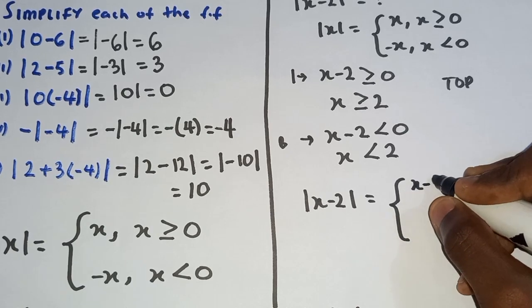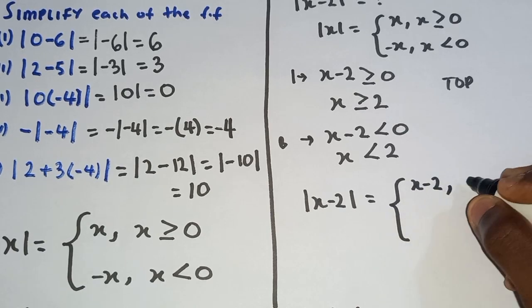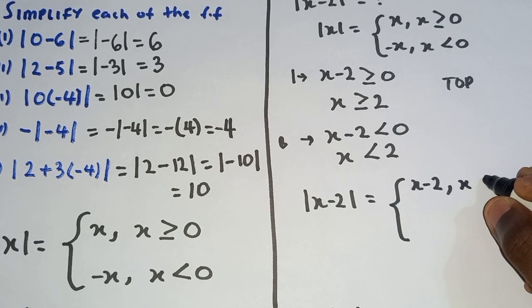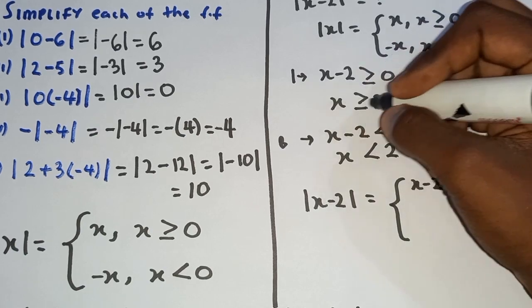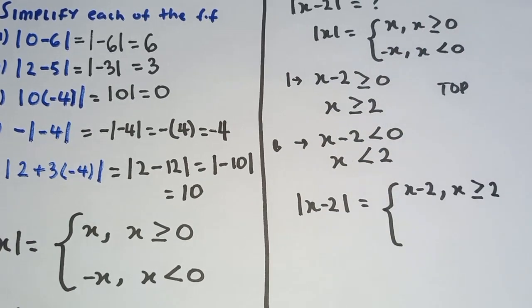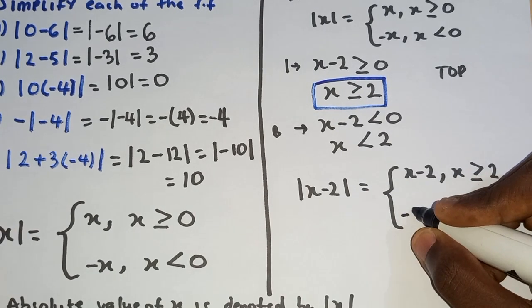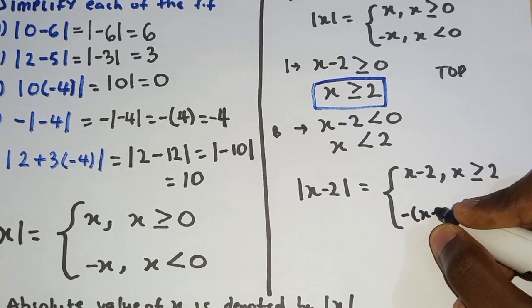So x minus 2 is positive when x is greater than or equal to 2. That's the top one. For the bottom part, we have negative, in brackets, x minus 2